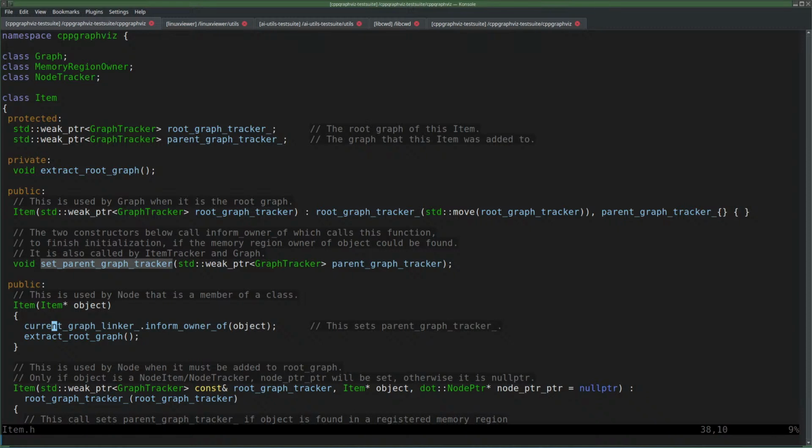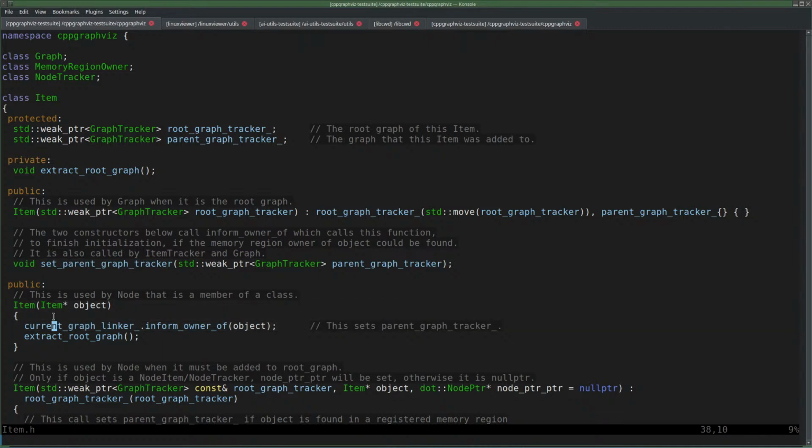Yeah, so that's a catch-22. If I hide all my memory regions in the root graph, and I have multiple root graphs, and then a random object is being created,